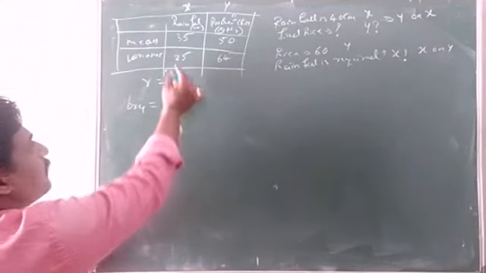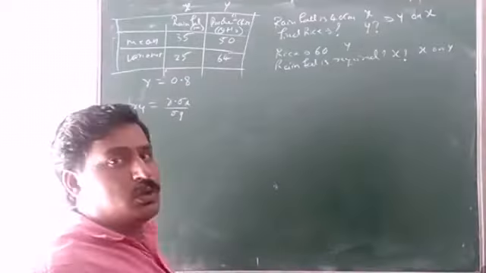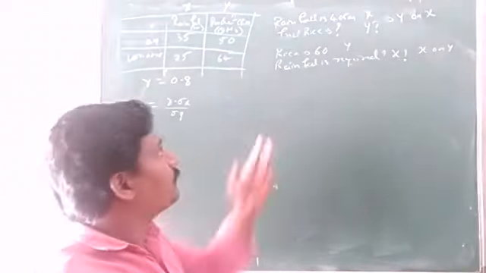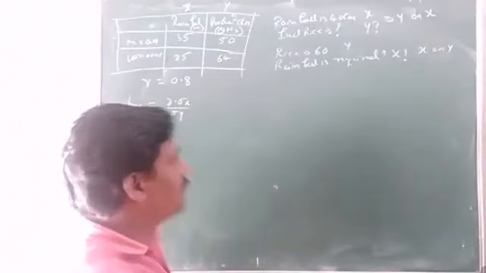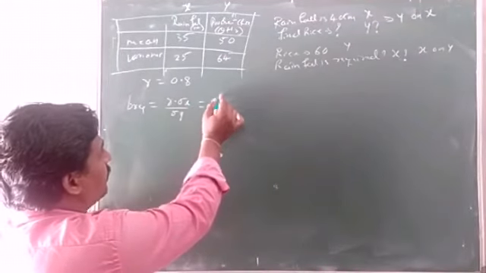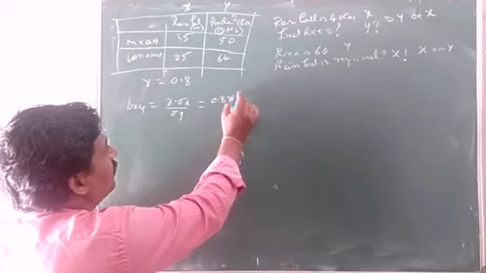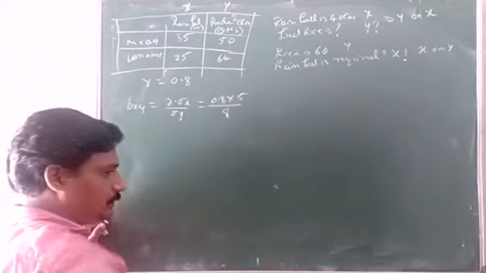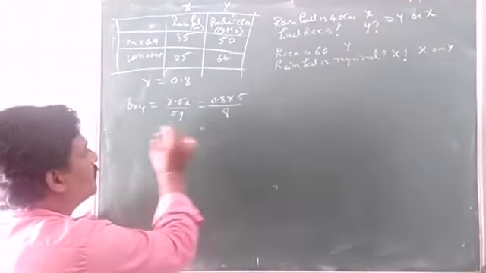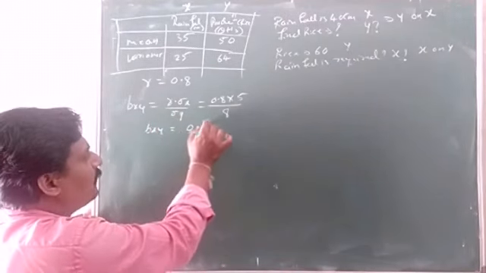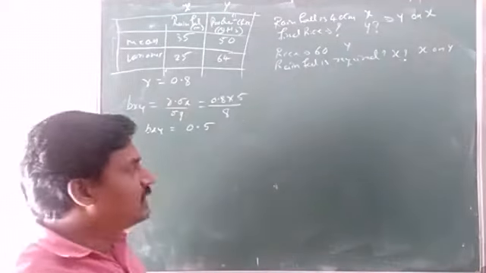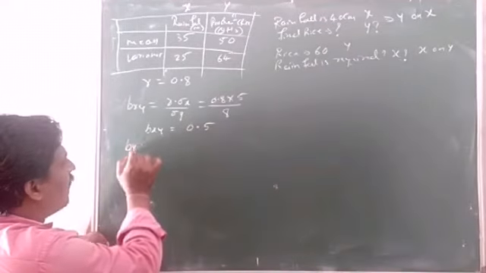Root of 25 is 5 and root of 64 is 8. So here 0.8 into 5 divided by 8, that is bxy is equal to 0.5, and similarly byx is equal to